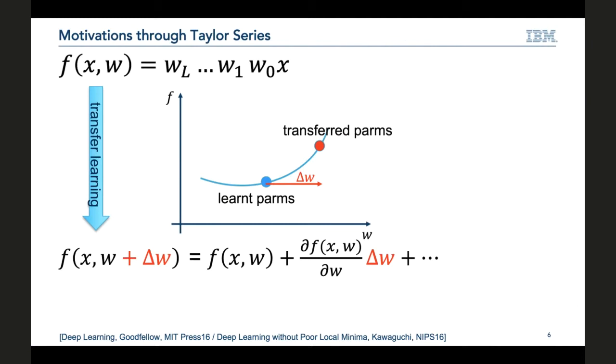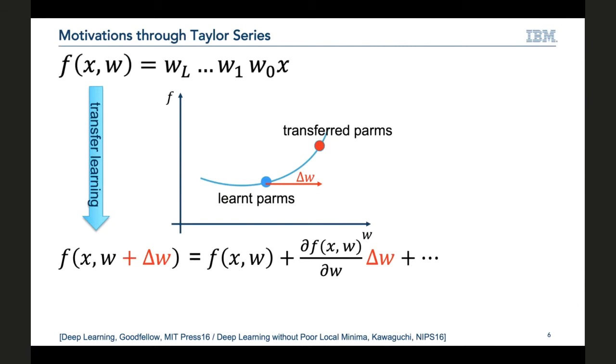So the mathematical meaning of transfer learning here is that starting from the current parameter set w, essentially we want to find delta w in a way that the function f can perform different tasks, right? So that's essentially the concept of transfer learning. But if we take the Taylor expansion of this function, the bottom function,